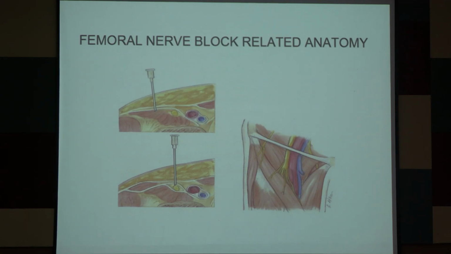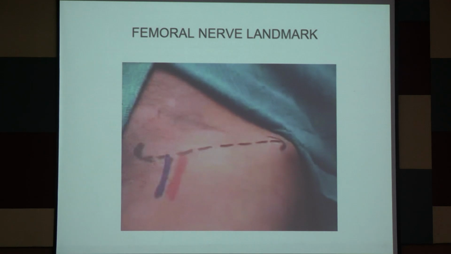You can visualize the femoral artery and the femoral vein. The femoral artery is non-compressible; the femoral vein can be compressed. That's how you know which is the medial side and which is the lateral side, and you prick the femoral nerve and deposit the drug to block the femoral nerve, right? This is the lateral aspect, vein, artery. This is the side where the femoral nerve will be present, and you are supposed to deposit the drug or block the nerve over this region.